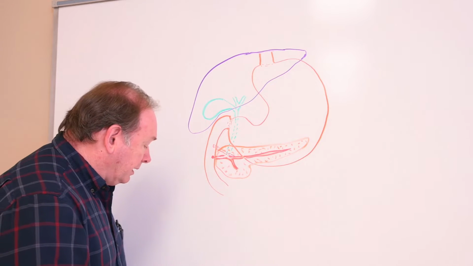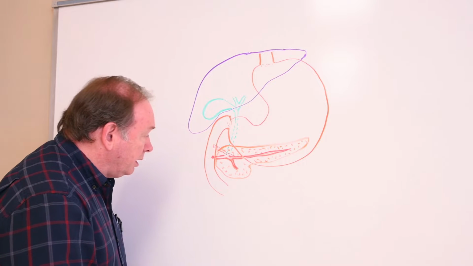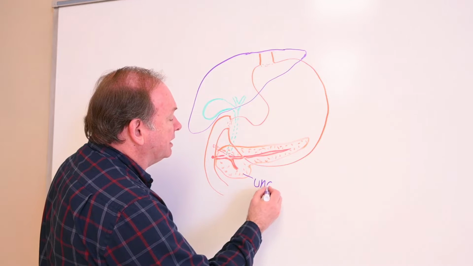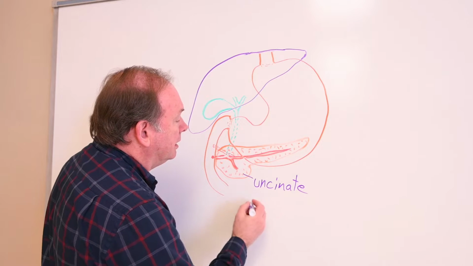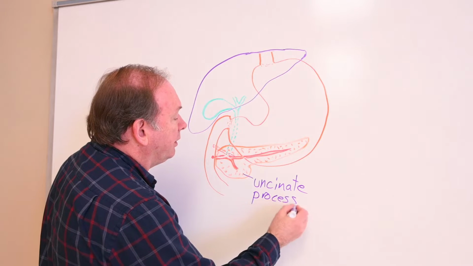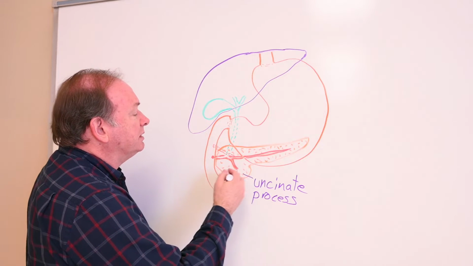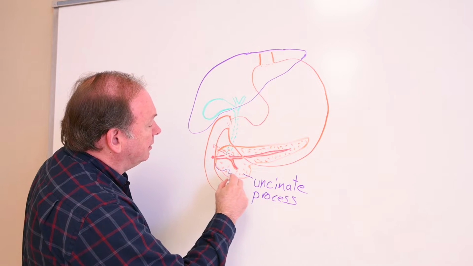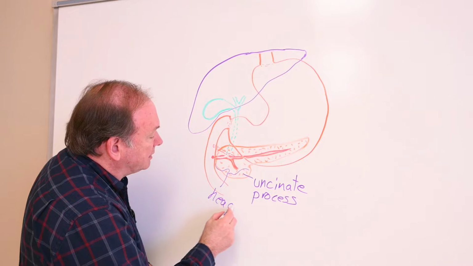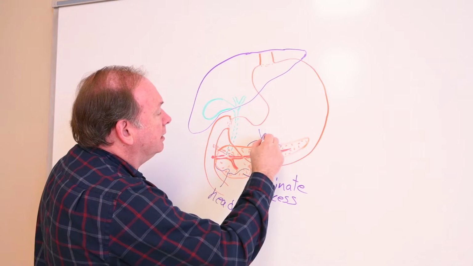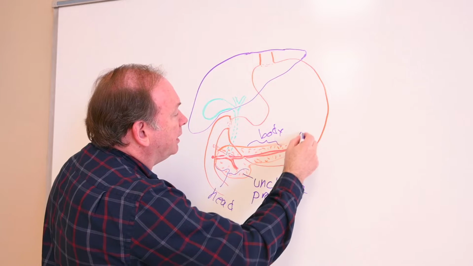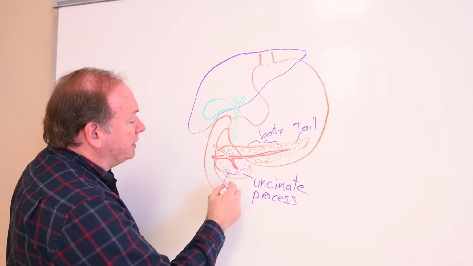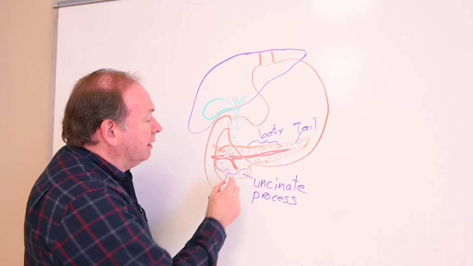And that extension of the lower ventral pancreas right here is sometimes referred to as an uncinate process, or the uncinate region of the pancreas. And like I said, this is the whole area here of the head across here, the head of the pancreas. This would be the body through here, and this would be the tail then out here at the end. Head, body, and tail of the pancreas, with the uncinate process being an extension of that head from the old